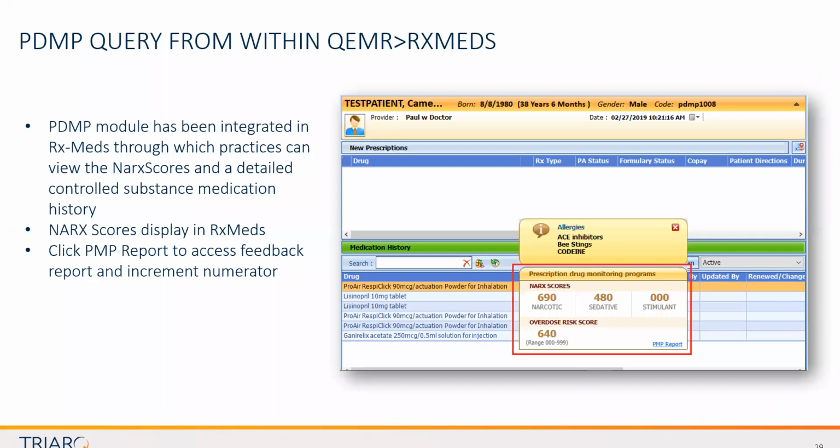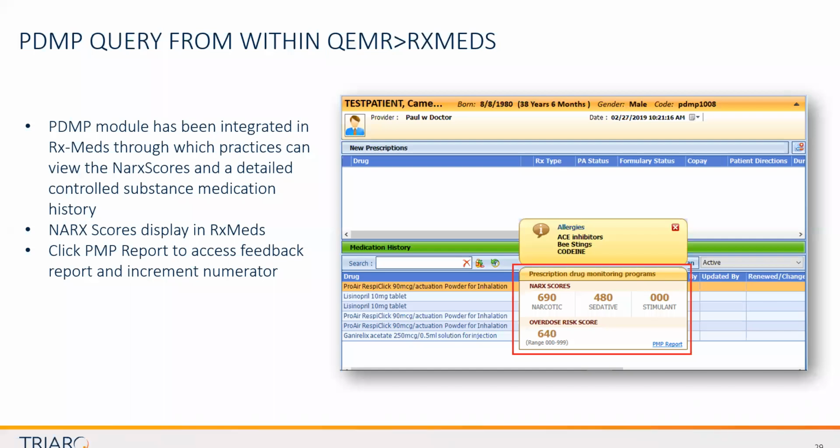This is available to prescribers only, not my rule. So your supporting staff cannot do this. It has to be done by a provider. Most of you have seen what these PDMP NARx scores and reports look like coming back to you, because you're querying this data offline. Right here in Michigan, you're logging into MAPS to find out what's the NARx score, what's the patient's history of filling an opioid. So the integration within our system is, you are seeing it right here on this screen,